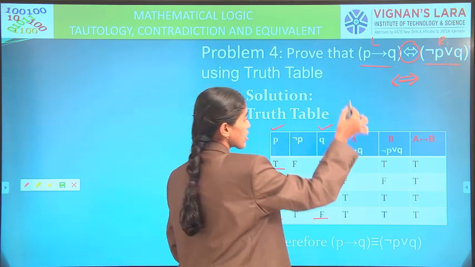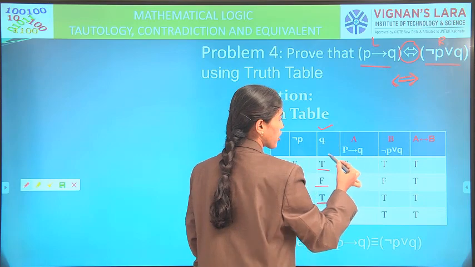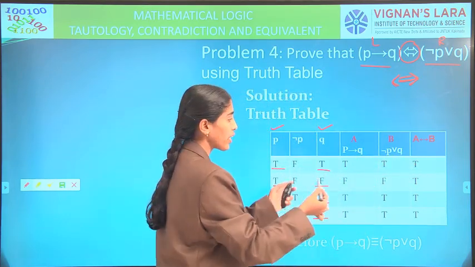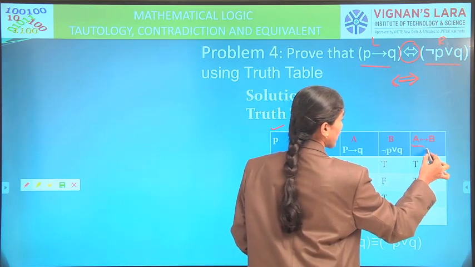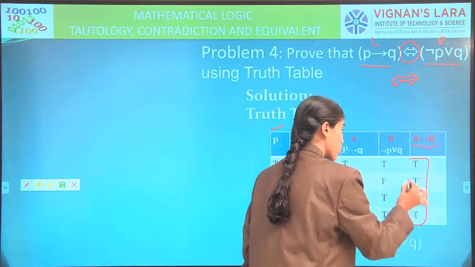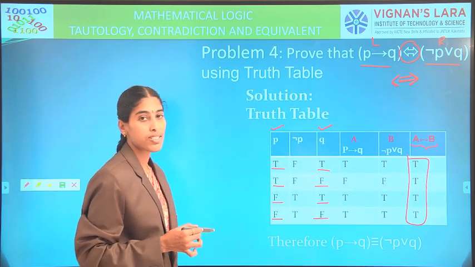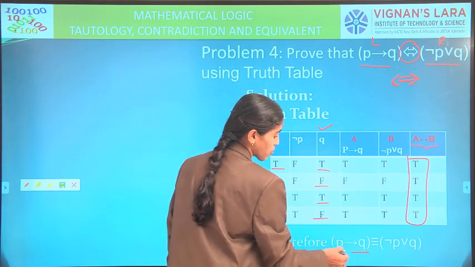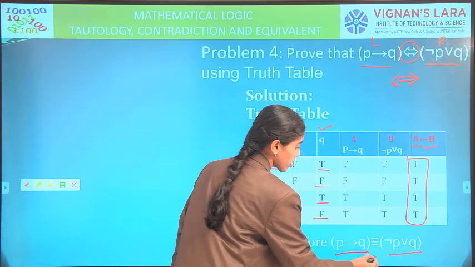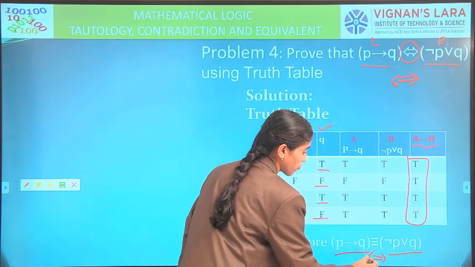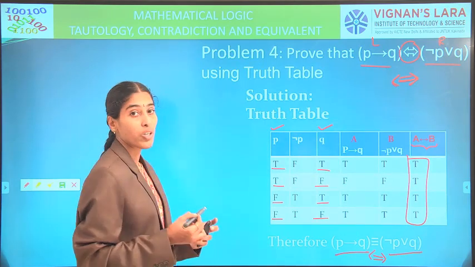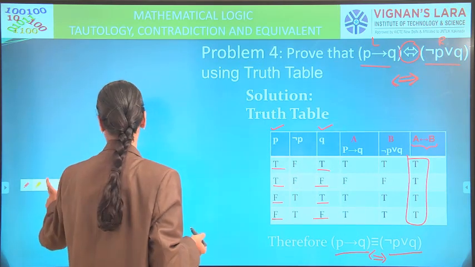Then we find out the left side expression, we take it as A, P conditional Q. The right side expression we take as negation P or Q. We find out both the values. Then we apply A biconditional B. We are getting all the values true for all possible combinations. Therefore, the left side expression is logically equivalent to the right side expression. We use this symbol, the two-sided arrow, equivalent, otherwise we call it if and only if.